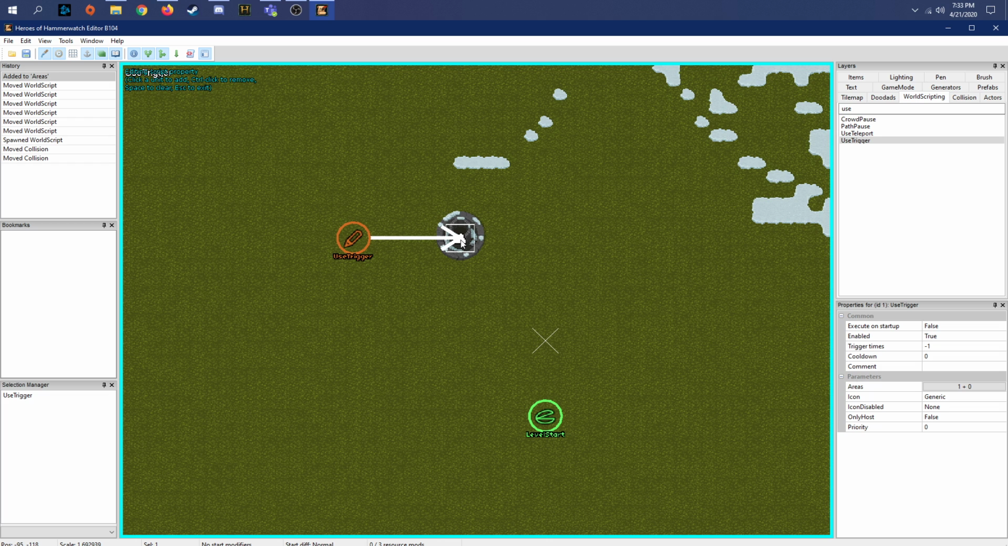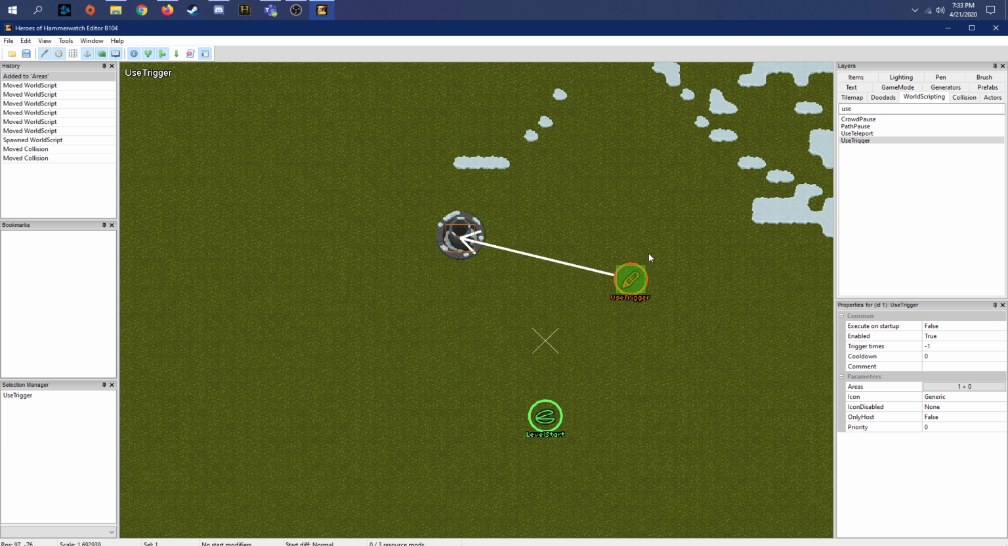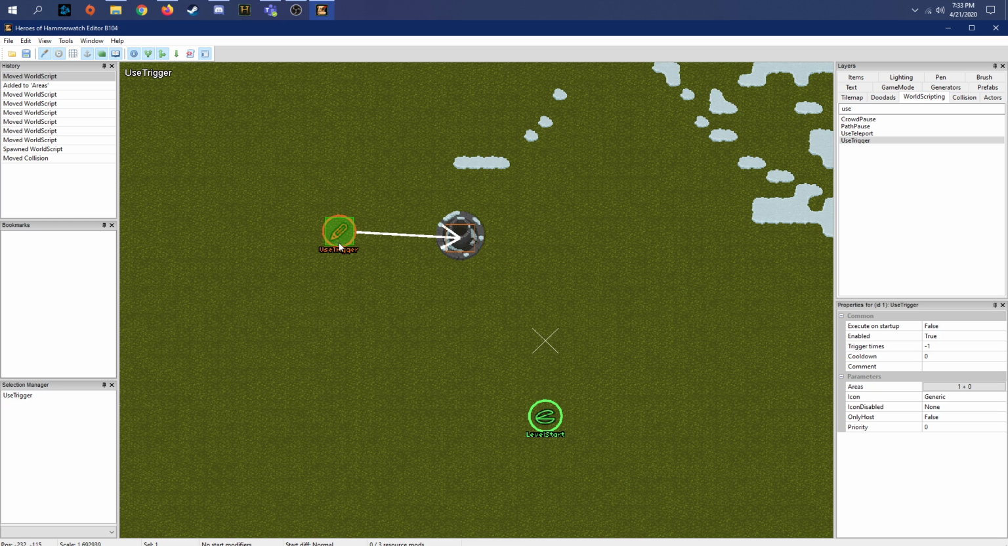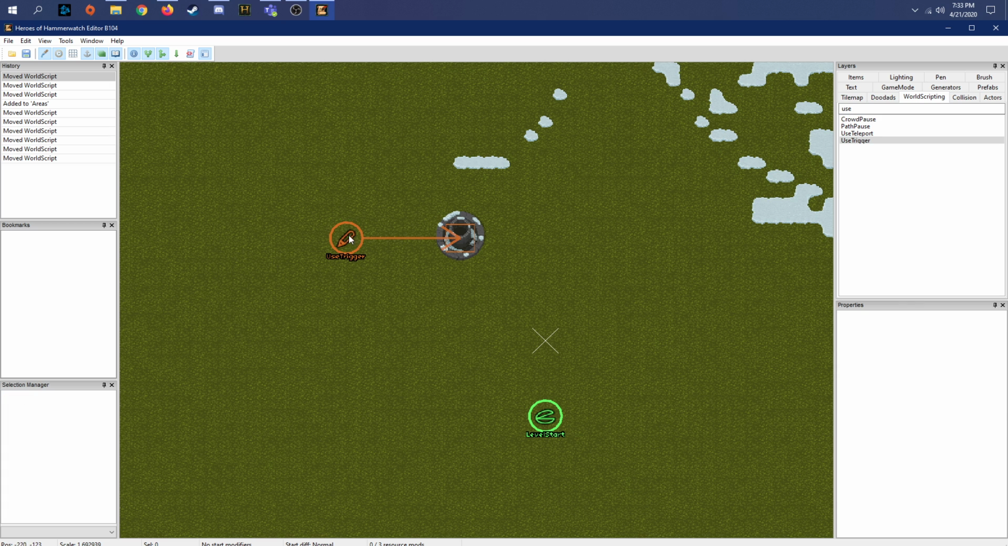What you'll do is you'll left click onto that little mountain for your collision tab, and then you'll hit escape, and now you can see that there's an arrow connecting the two. And that just means that they will actually work and function, and whenever you go into this collision box, it'll reference this use trigger. So if we want this use trigger to actually activate something,